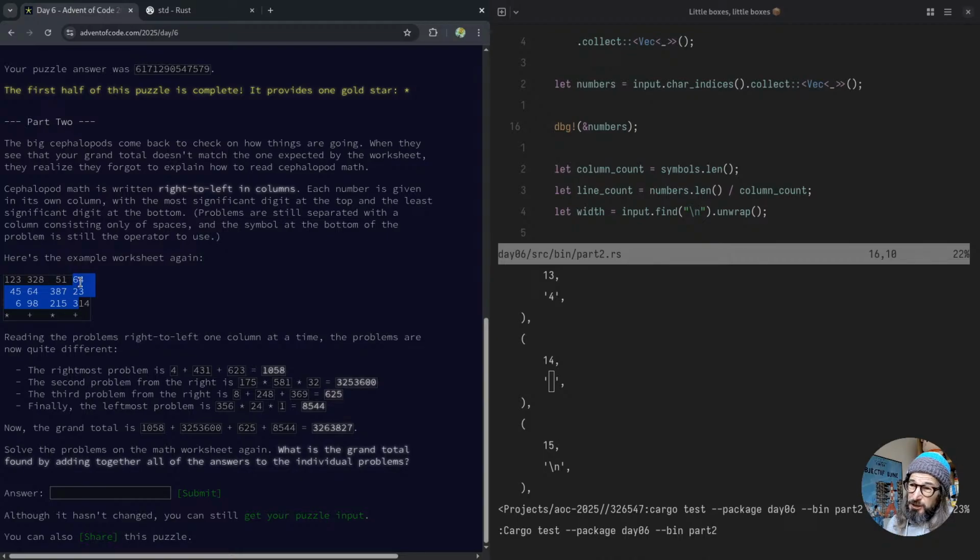And then for each column, I need to iterate over the number of lines. So in this case, 1, 2, 3. And then I will take the line number, which will be 1 for the first one, and times it by,